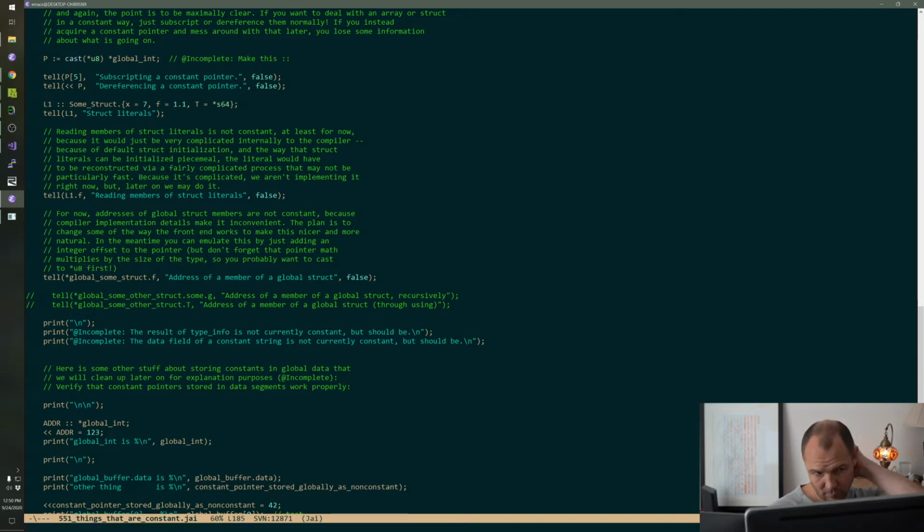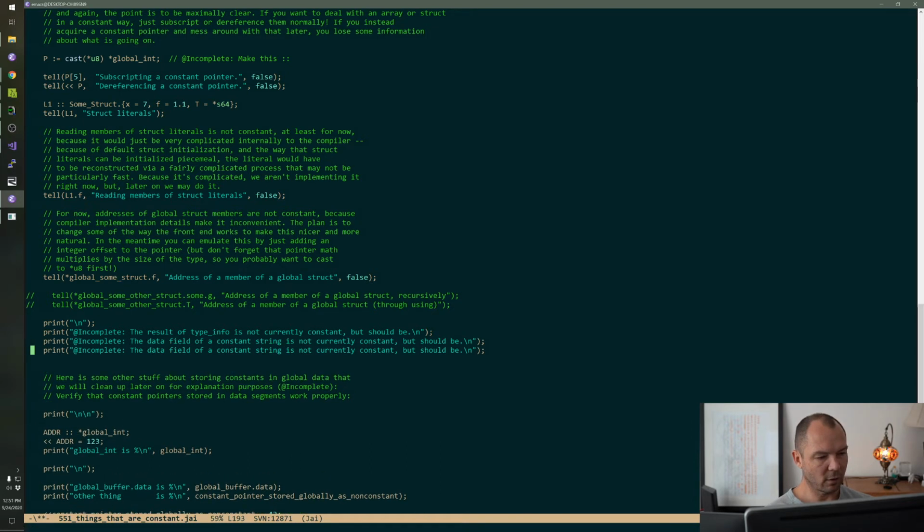Okay. So that is what our punt looks like. And we've just got a to-do list here.